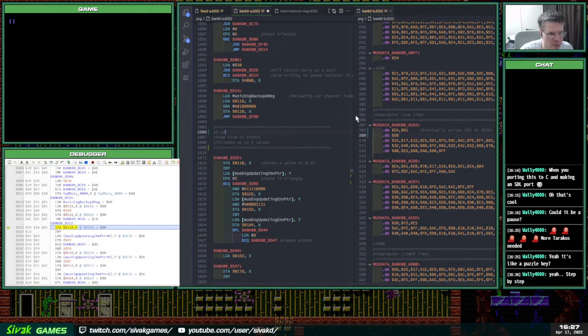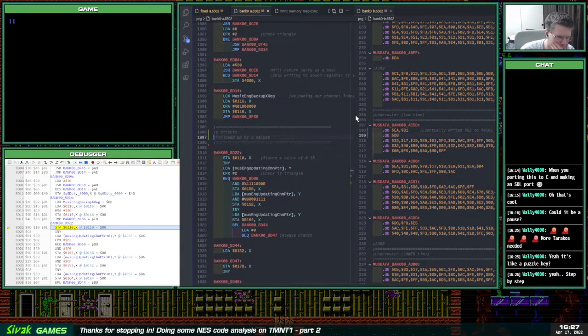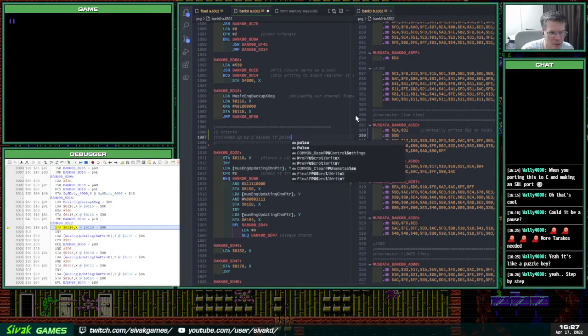So D effects, not some kind of effect, followed up by 3 values. And we also determined that if it's the triangle, it's only followed up by 1 value, or fewer values. We have pulse channels. So knowing that,